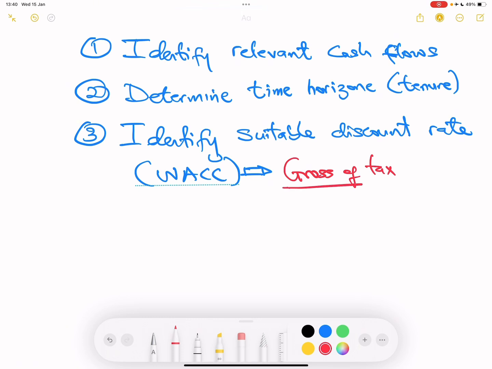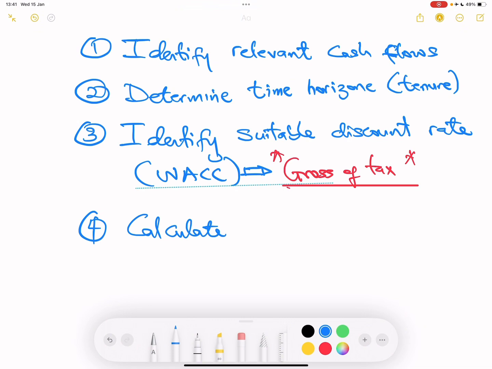So usually we do it gross of tax, except the question asks you otherwise. But generally speaking, you work gross of tax. Yeah, because most times they will try not to even give you the tax information so you don't get confused. If they want you to consider tax information, you will be given and you'll be asked to use it. But most times, please take note, you are always going to calculate gross of tax. And once that is done, you know the discount rate, then you can go ahead and calculate the NPV